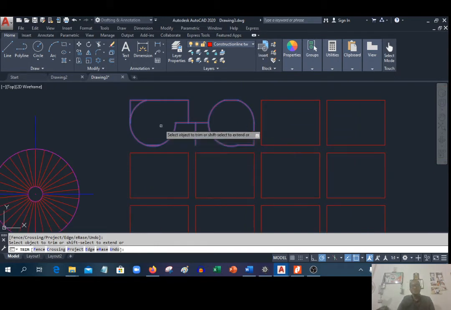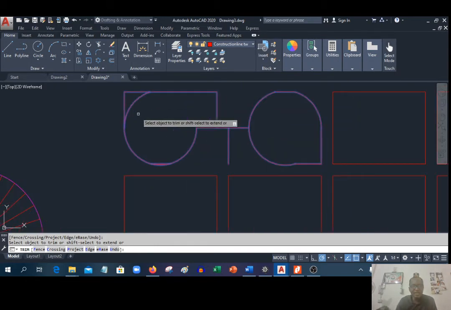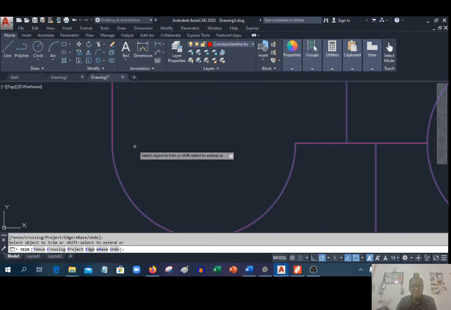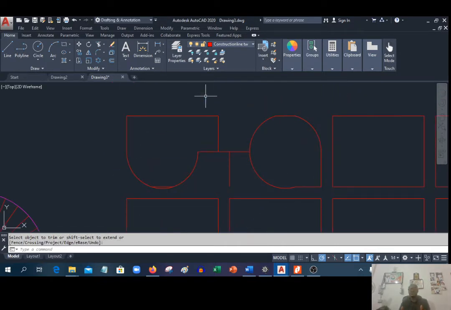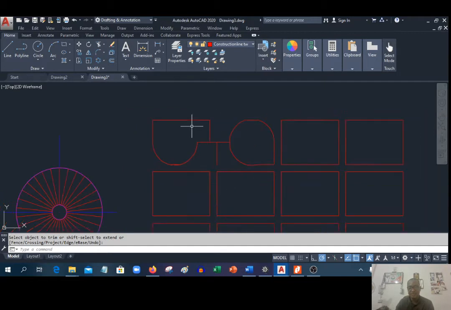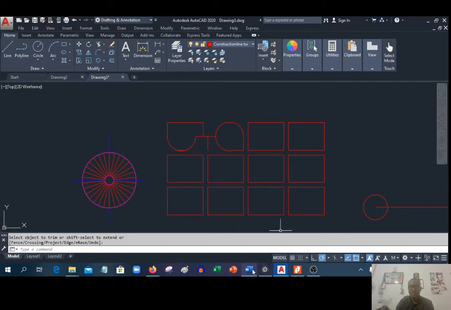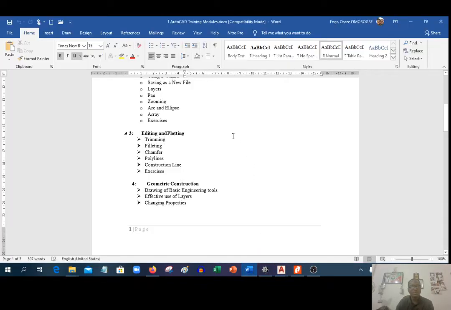Now, let me remove this part too. See, this is playing with your trimming. You can draw any shape and just select and trim off, right? That is how you trim, right? So let's continue. I'm trying to follow the outline I gave sequentially, right? So now we need to do what we